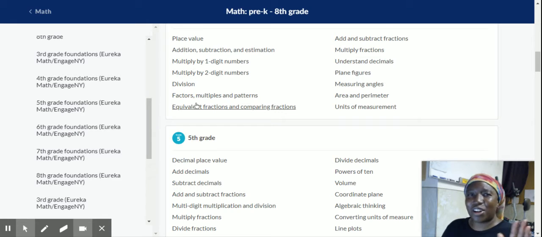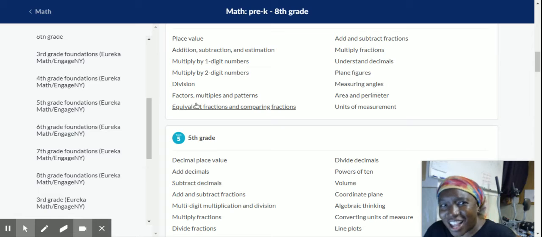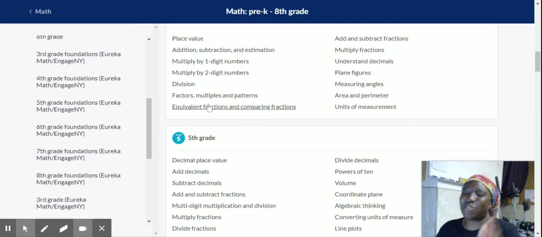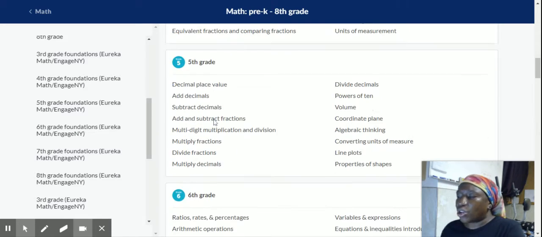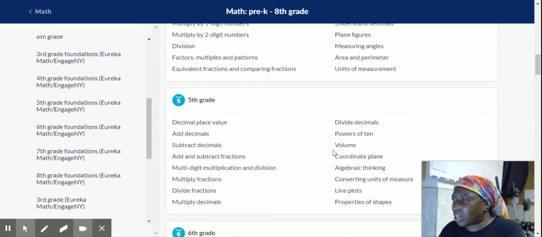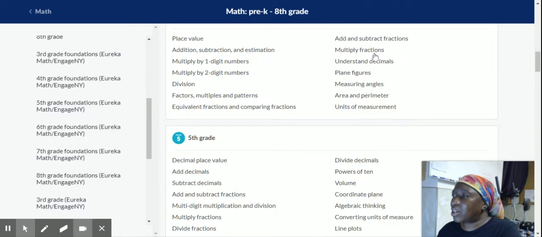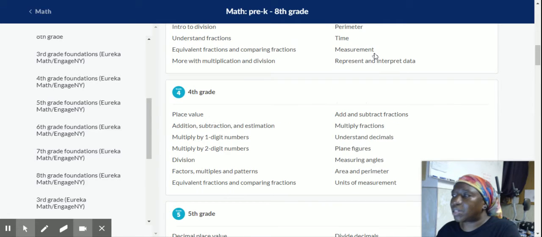Because once you start learning how to do fractions, you learn how to do time. I couldn't think of the word fractions. Okay, so let's keep going. Now you're plotting. See, this is right here, line plots. That's measurement. They just gave it another name. Okay, measuring angles. See, they give it another name. Let's see what they call it in this one. Just plain old measurement.